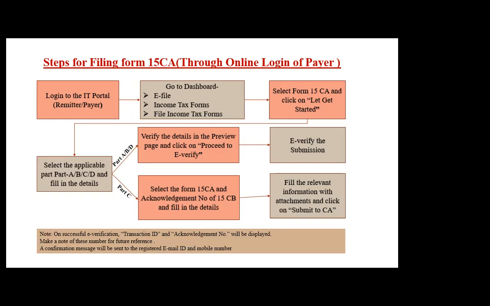So they will enter through the TAN login. उनको वो acknowledgement number ही नहीं दिखेगा. So if you are entering through the PAN login of 15 CB, then from 15 CA also you have to enter through the PAN login. If the non-resident assessee says I just have a TAN, then while issuing a 15 CB you have to put the TAN number of 15 CB, and then from that TAN you will go to the 15 CA, then automatically that acknowledgement number is generated there.